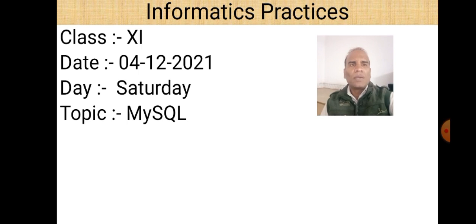SQL commands are basically categorized into three basic categories. These are DDL, DML and DCL statements. DDL statements consist of the commands which are related to the table structure. Alter table command is one of them, by which we can easily change the structure of a table. We can add a column, we can delete a column, we can change the size of a particular column using the alter table command, and we'll see how we can do this in this lecture. So let's start.